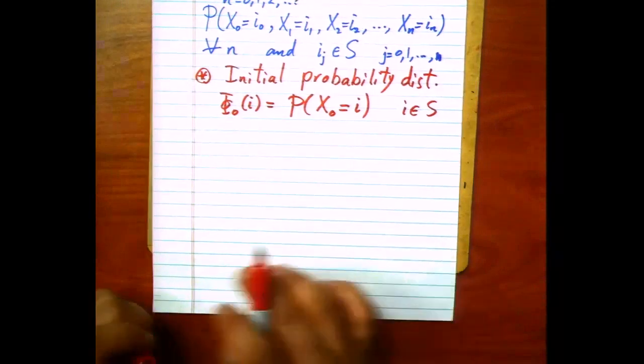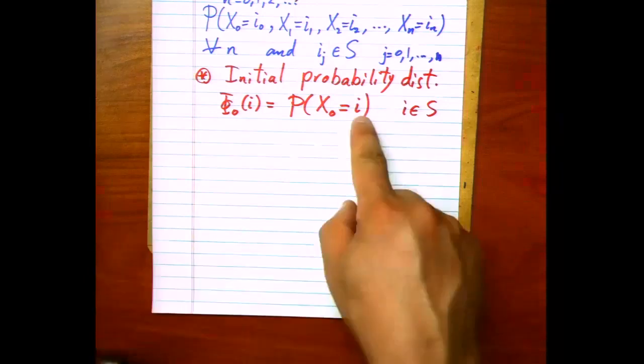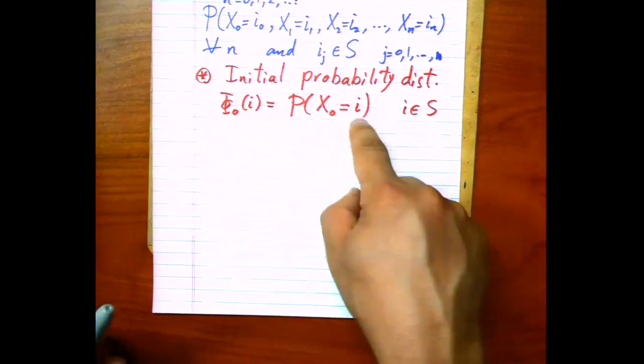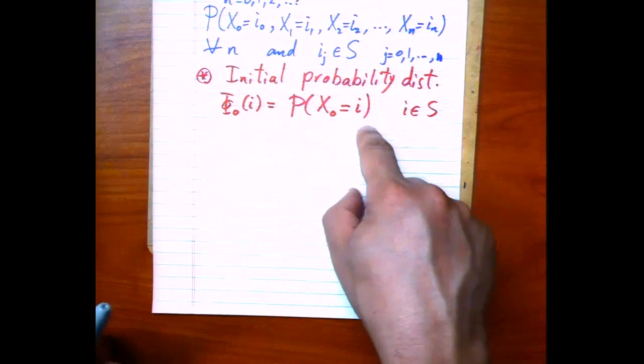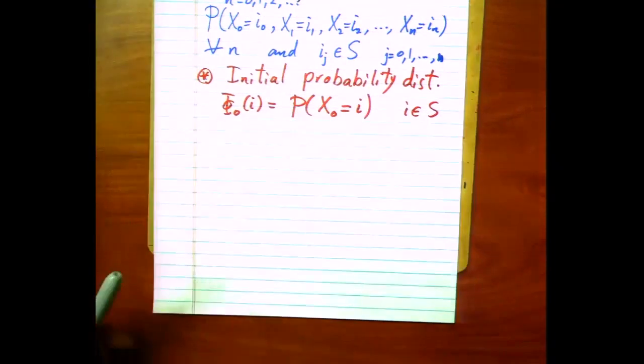You can always imagine a system that is changing over time. Imagine the weather. Today it's raining, tomorrow it's dry, the day after it's dry, the day after it's raining. So the system here is the weather. The probability that the initial state of the weather is raining is given by phi0 of raining. The probability that the initial state of the weather is dry is given by phi0 of dry, and so on. So phi0 gives you the probability of where the system, or the weather, will be initially.